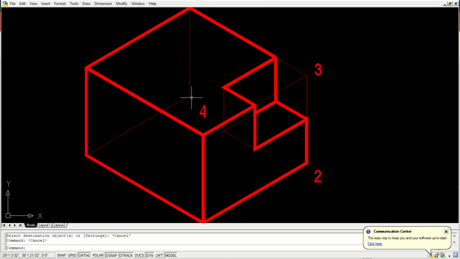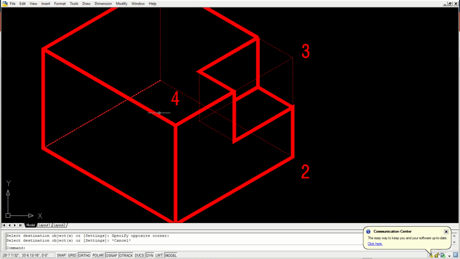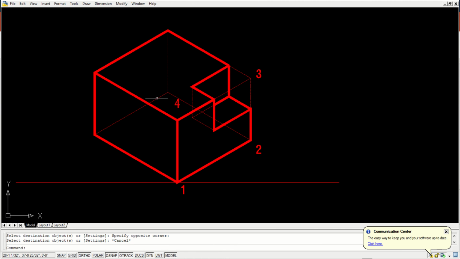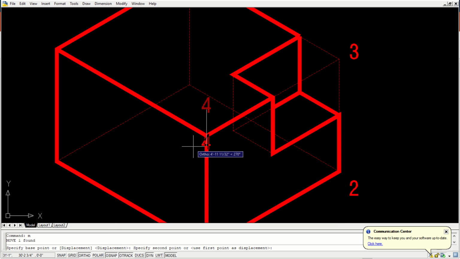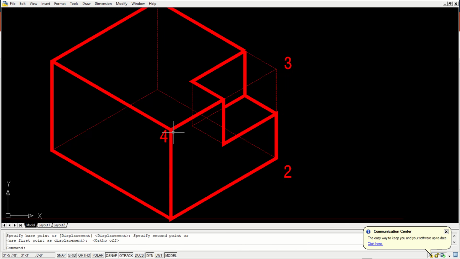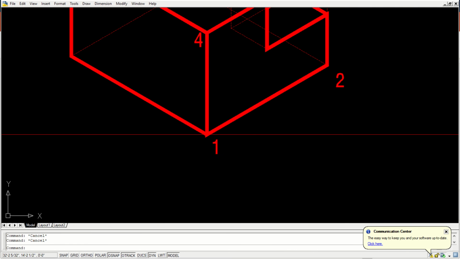That's why I always say don't erase any edges, let it be there. You draw using your construction lines. Okay, all the drawings are all the edges all needed. Without that you will not be able to draw anything. Okay, so I'm just keeping it close. This is 4 and I think 1 is fine.